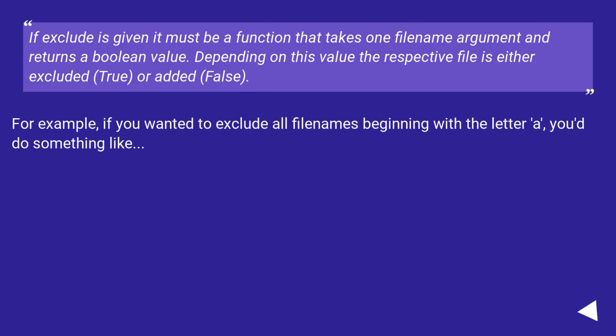If exclude is given, it must be a function that takes one filename argument and returns a Boolean value. Depending on this value, the respective file is either excluded, true, or added, false. For example, if you wanted to exclude all filenames beginning with the letter A, you'd do something like